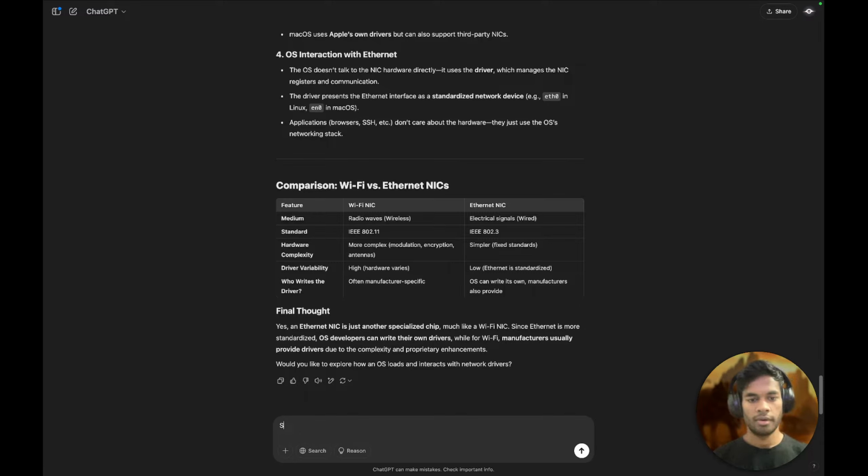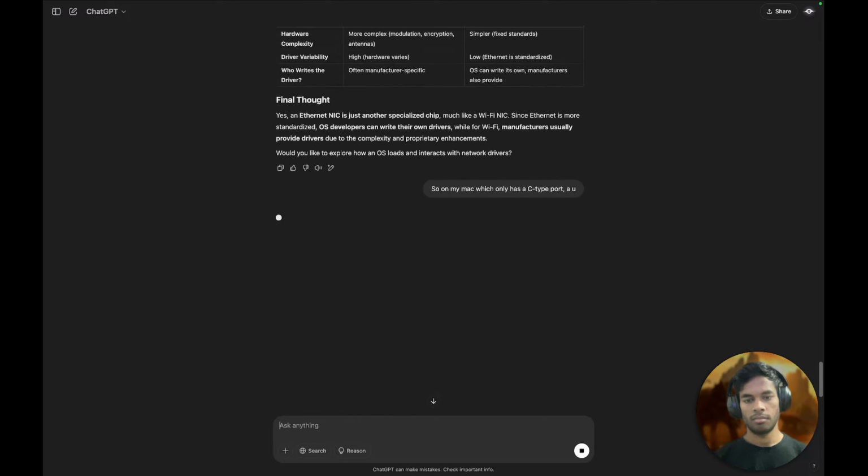So on my Mac, which only has a C type port,